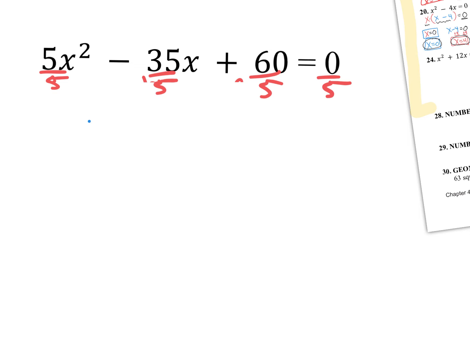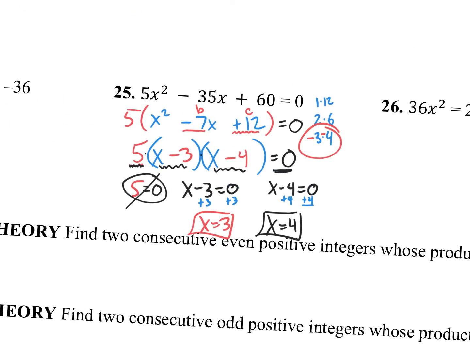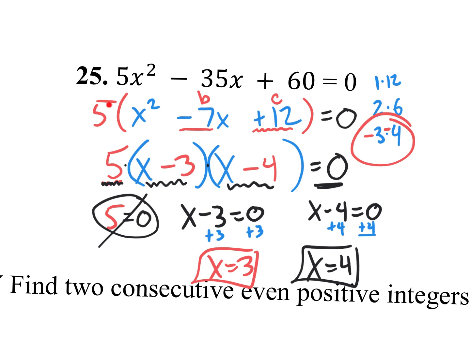And you'd end up with x squared minus 7x plus 12 equals 0. And you'd end up with the same two answers anyway, right? But the only reason I decided to pull out a 5 as a GCF was just so we could continue practicing pulling out that 5 right there. But you could have divided everything by 5 just to make it look easier right from the start. Anyway,